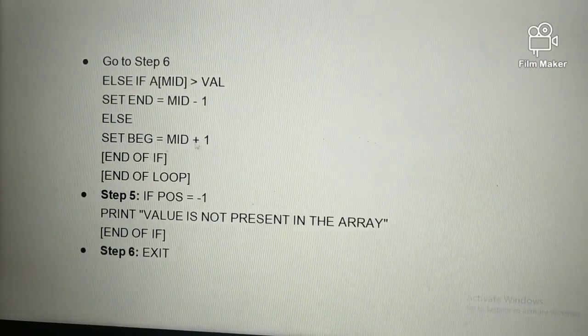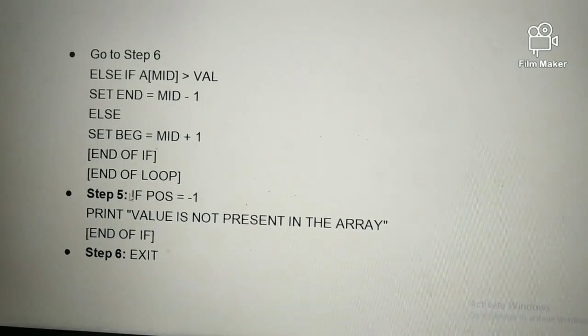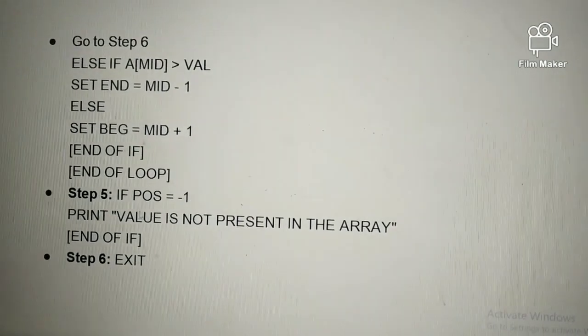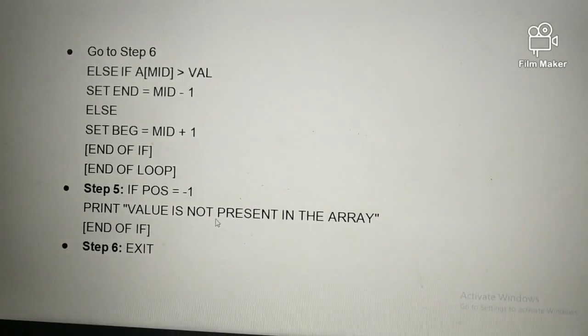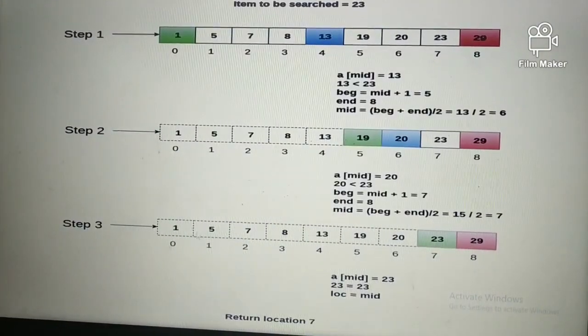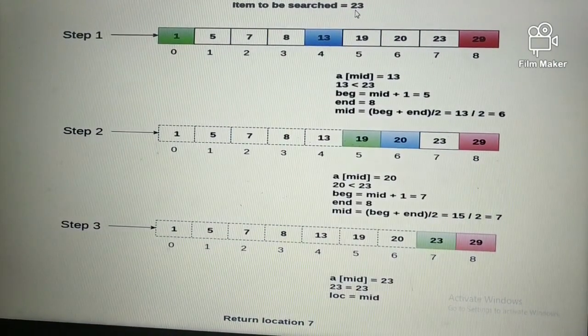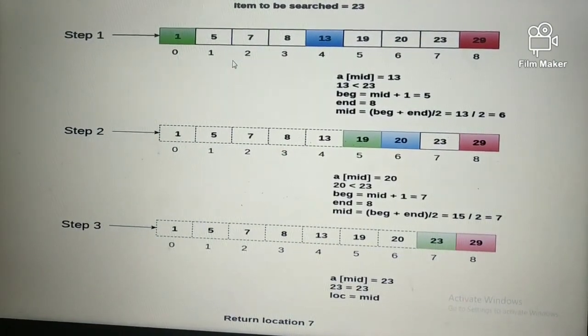Else, we set beginning equal to mid plus 1. End of loop. If position is equal to -1, then the value is not present in the array.